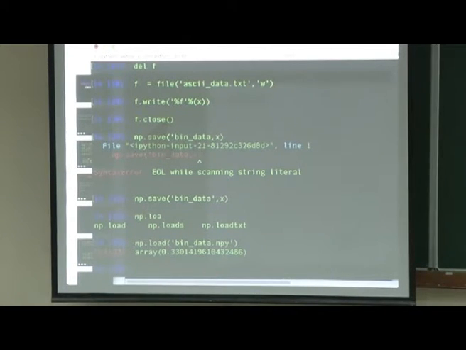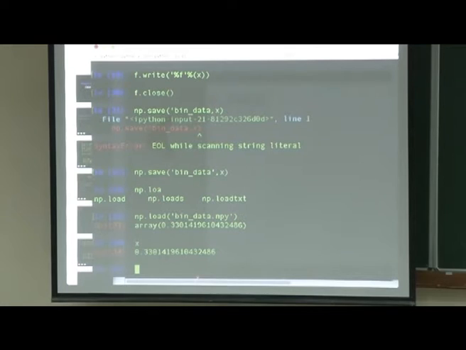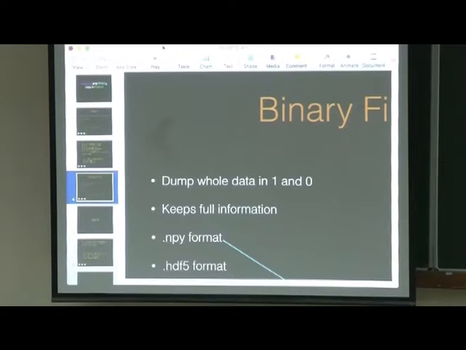So where is x? It is keeping the whole x. So nothing is lost. If you do some simulation, say of a 1000 cube data, and you have 1000 cube differential equations, when you read that initial condition with ASCII and binary, you will see the difference, and you know about chaos. If the initial condition is sensitive, then it will reflect later. That's why for doing a bigger simulation, one should use the binary file system rather than ASCII, where you keep the full information and nothing is lost. Is it clear up to this point?